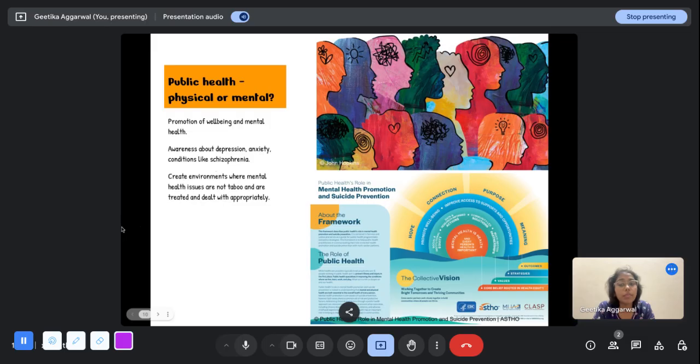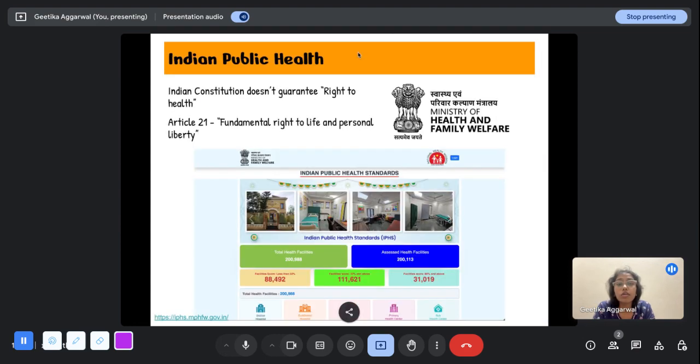So that is how public health is also now focusing upon mental health. Moving on to public health in India, how is India dealing with these public health issues and public health drives? So in India, it's the Ministry of Health and Family Welfare which deals with public health. The Indian Constitution does not really guarantee the right to health anywhere. So in our constitution, there is no right to health as such, but there are certain other articles which talk